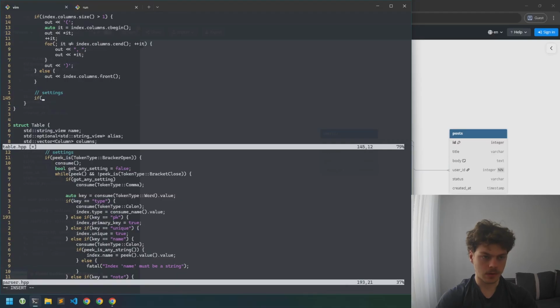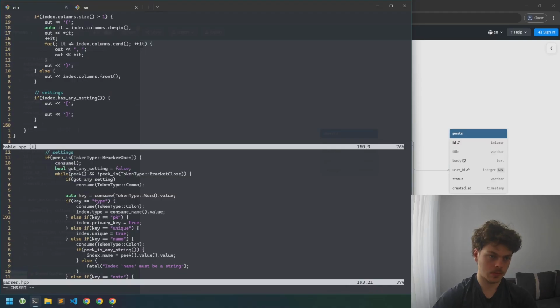And here we would say if has any setting, and we print this. Forget. And now we go through settings, and we also say boolean need comma to false,